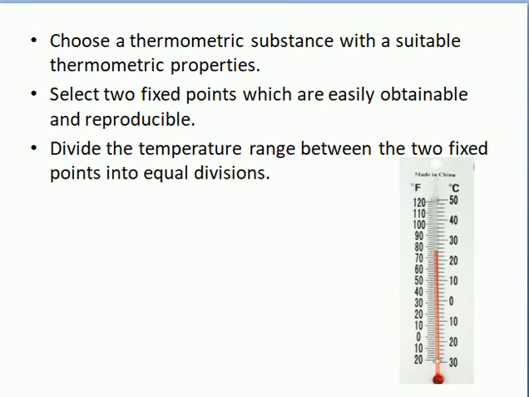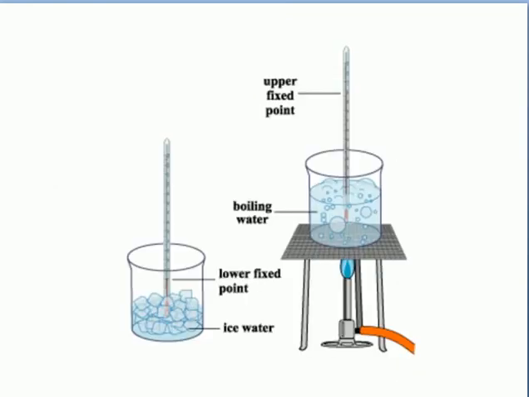So this bulb and ice contact is good. Ice shavings can be used. When the level indicated by the thermometric substance remains steady, after some time a mark will be made at that point. This mark corresponds to the ice point, lower fixed point, and is assigned the value 0 degree Celsius. Is it clear? So this way we determine the ice point.